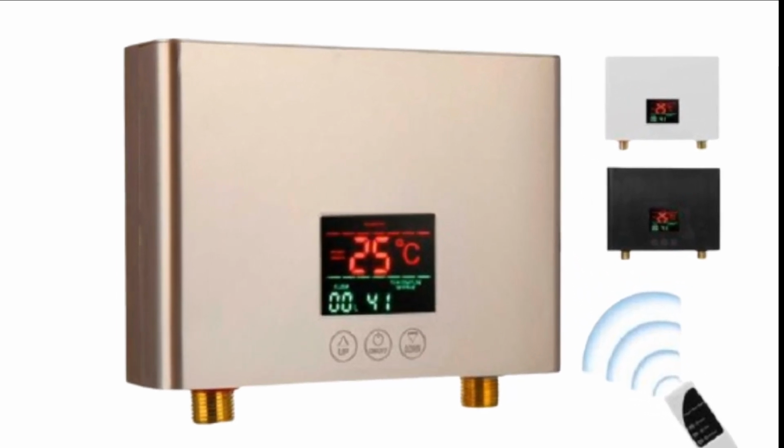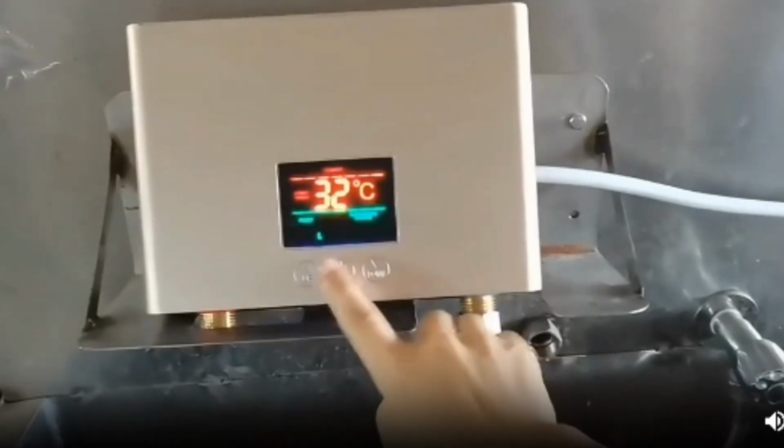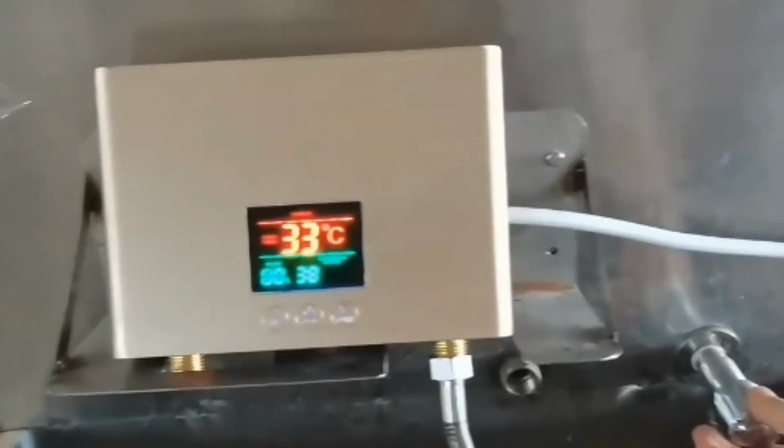We'll compare the best ATWFS Instant Water Heater on the market and list their